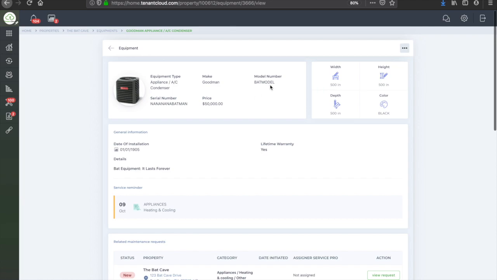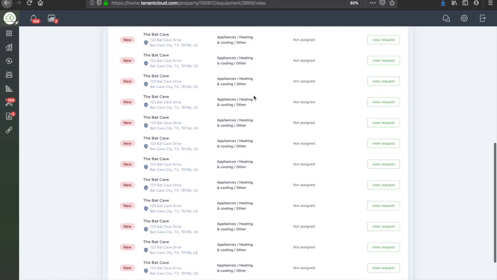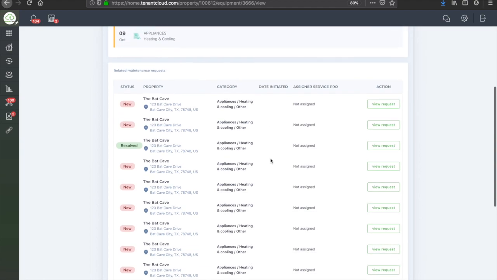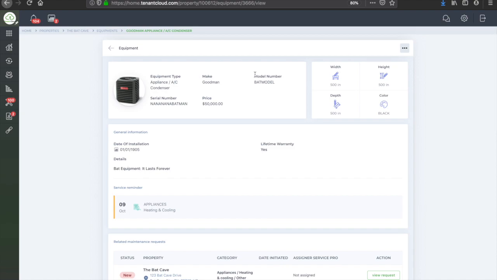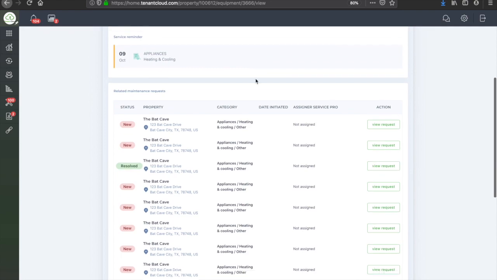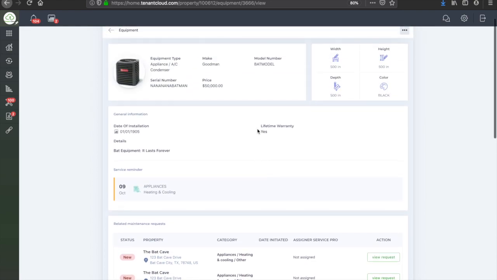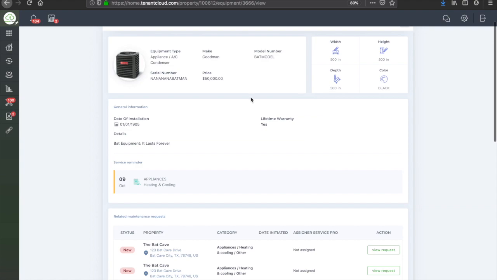This is a fake account, so it's not a legit maintenance schedule, but you can see here how it generates that automatically for me, and I can click and go view that request. Now, the cool part about this is that anytime you have a maintenance request that you connect to a piece of equipment on the property, like let's say I just had the tenant message in a maintenance request. When they create that maintenance request, I can actually assign it to this piece of equipment for that unit,